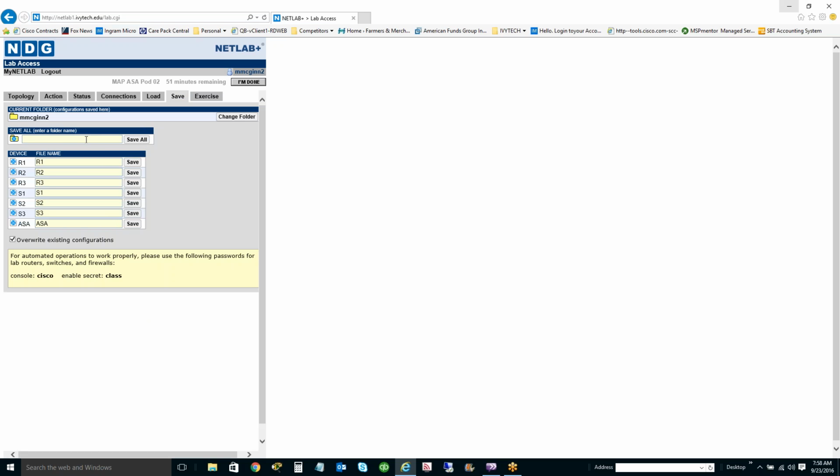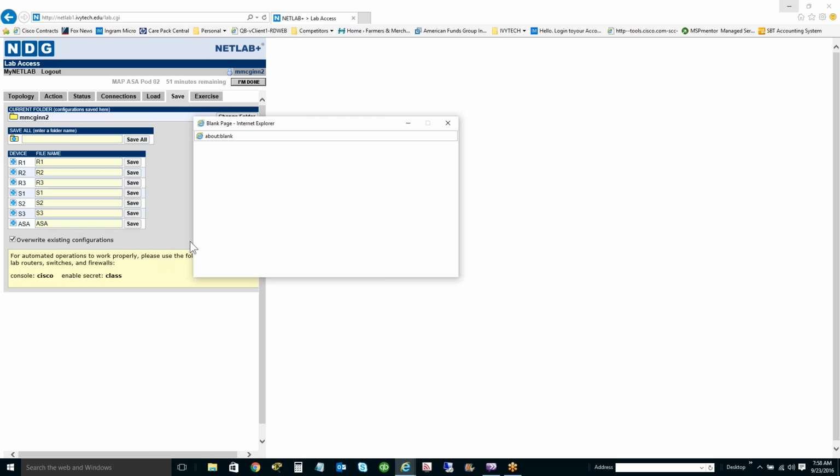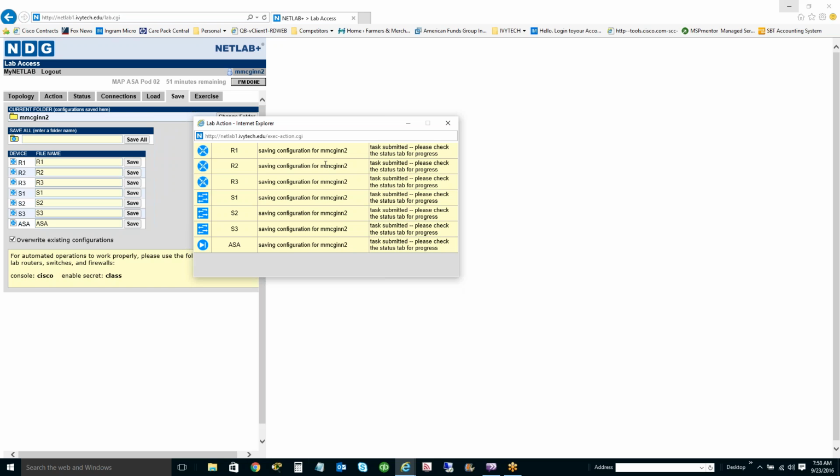So I could do a save all, and I can create a folder, let's say it's lab building simple network, and I click save all, and those are all the devices that it's going to save, and it's submitted all those tasks,